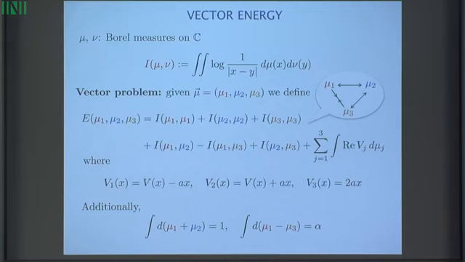Alpha, remember, is the parameter that tells me in which direction we are moving, what is the ray. And just to give you a hint why this condition: at the end, my conclusion will be that these three components, mu1 plus mu2, give me exactly my asymptotic distribution of eigenvalues, which has total mass 1. Remember, the limit is the unit measure. So I want to look at this complicated-looking problem and find the eigenvalues.